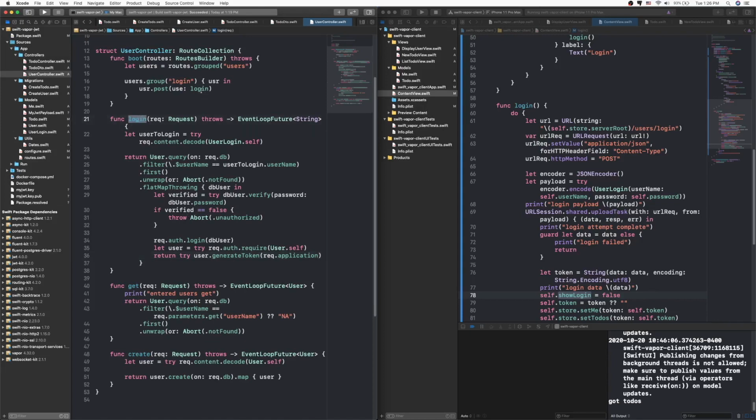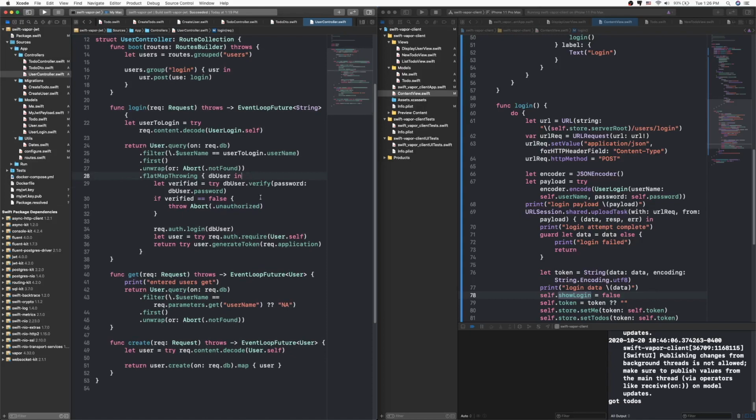So this function is being called from here as a post via the login path. What we're doing is getting the username and password via this new payload object that we created. Then we're going to go in and get the user off of the database. Assuming that the user was found, we attempt to verify their password. If it failed, we throw. If it was successful, we log in, and then most importantly, we generate that token and then we send it